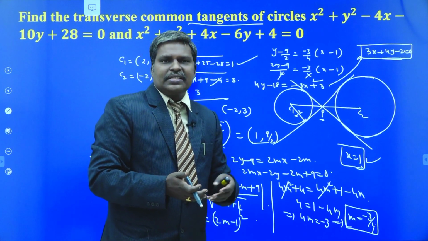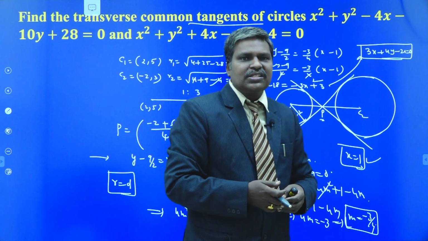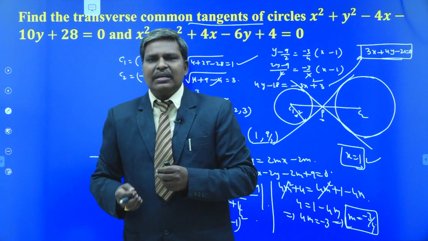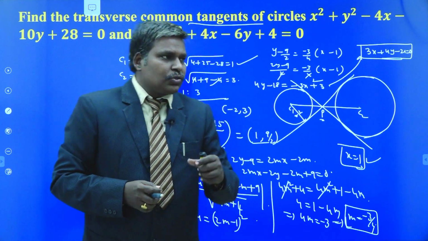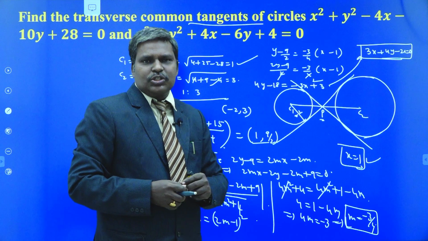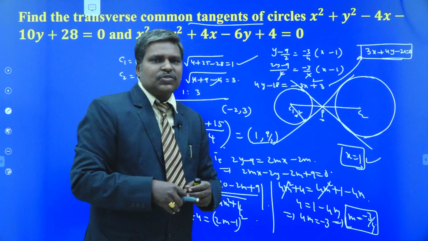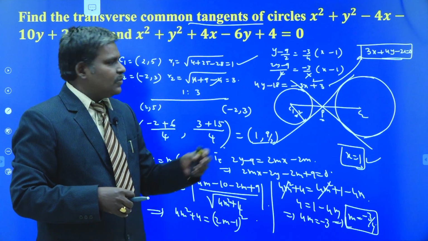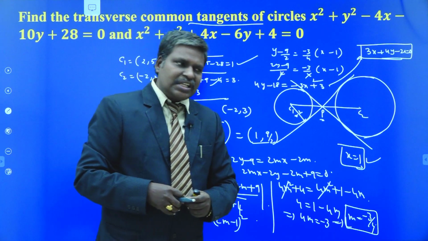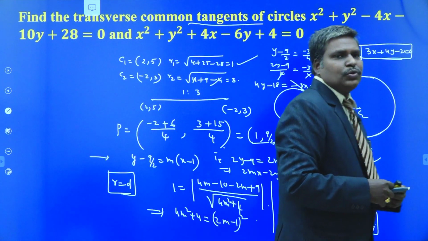So the line touches the circle, immediately we obtain the condition, that is the radius of the circle is equal to the perpendicular distance from the center to the line. So from that condition itself we obtain the slopes. Substitute the slopes in y minus y1 is equal to m into x minus x1 itself. We obtain the direct common tangents as well as the transverse common tangents for the given two circles.